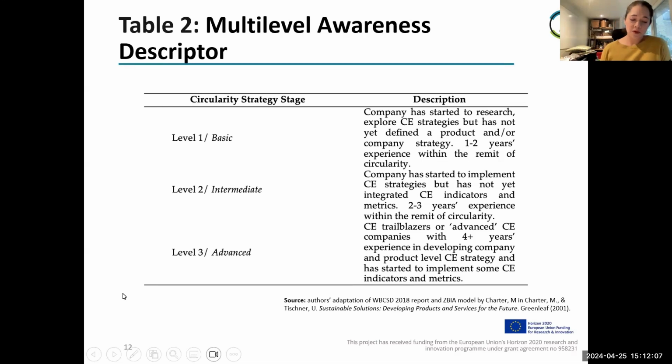And it was developed based on the circular model awareness that range from 0 to basic, intermediate, and advanced, as well as the WBCSD's 2008 report titled analysis. Now, for this, really just a point to mention that we did not include zero level as the company that they were on the